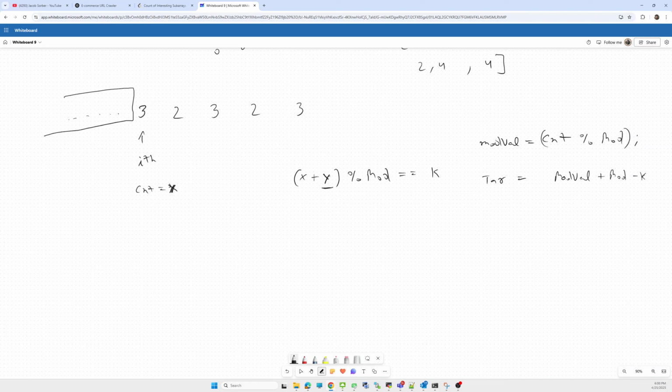We have to achieve this k value, so that's why we add the modulo and take the mod. Okay, so using that equation we can find our target,